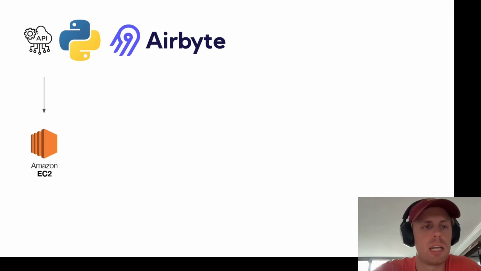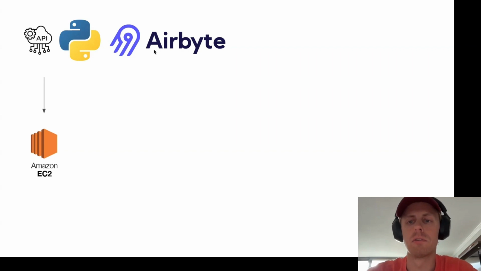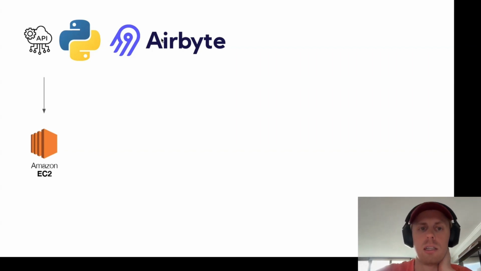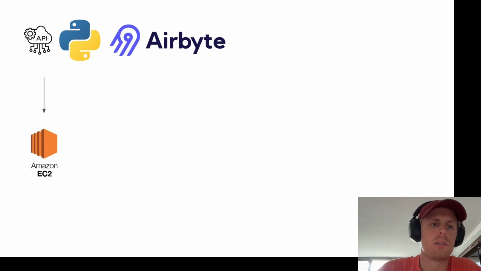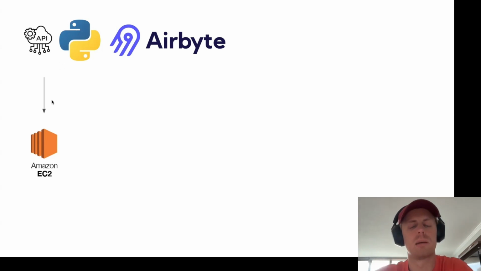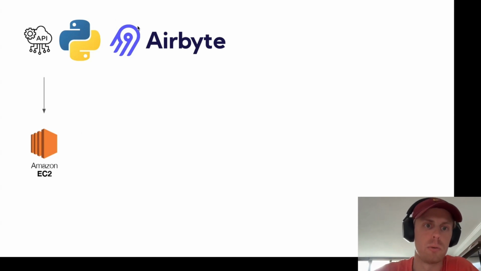And then sometimes we will use a managed version of those tools. So for example, Airbyte offers a cloud hosted version. For our API and Python self-developed connectors, sometimes we will use a managed version of Orchestra or Dagster to run our code, but sometimes we're going to spin up our own virtual machine using Amazon EC2 to power the compute of those tools. So if we go fully open source, we'll probably spin up some sort of virtual server like